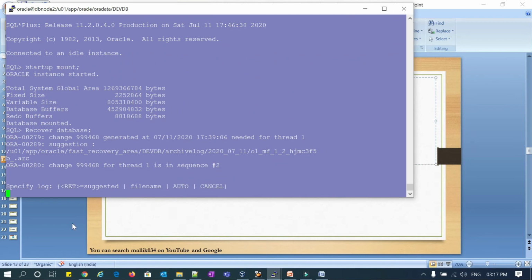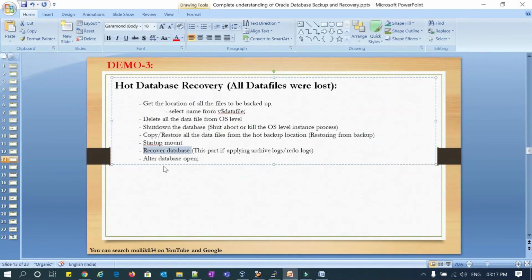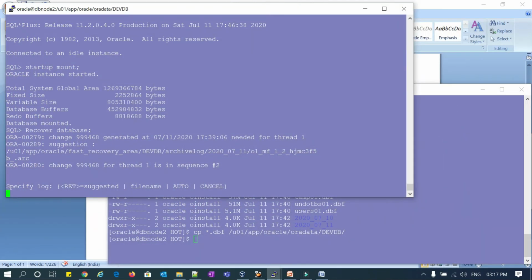You can use either until cancel or auto. Because the log files were not copied yet, I will just mention auto.